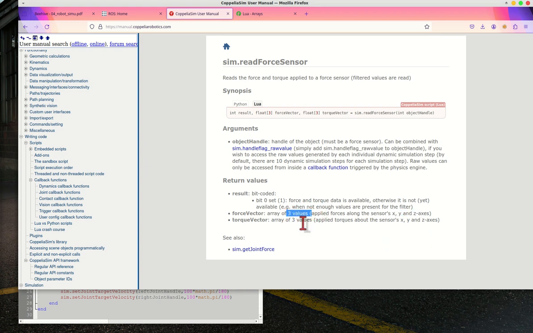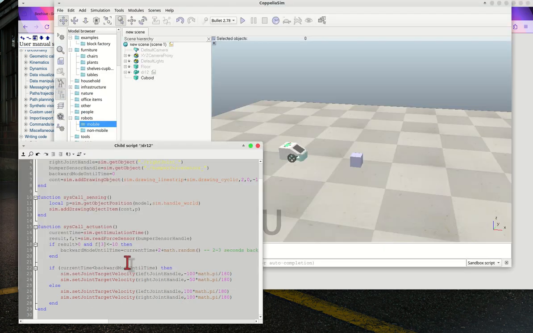The force vector, that means you can use this value to indicate whether the robot hit an obstacle or not. So that's why we use this. It returns the value in F. So in F, you have this value. Okay, that is how to use CoppeliaSim.